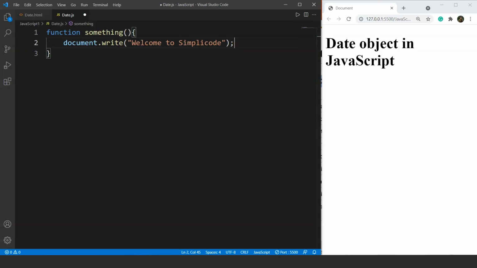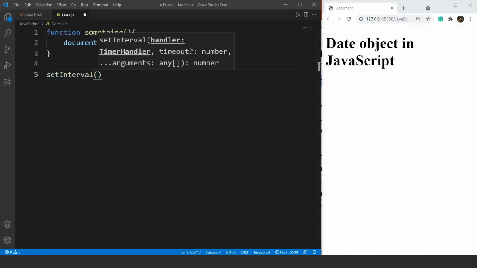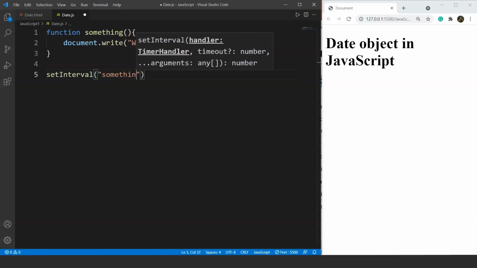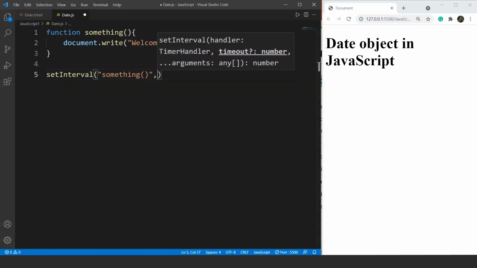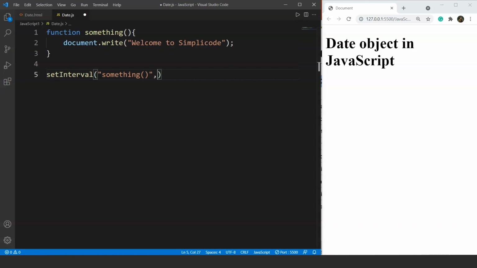If we call this function using the setInterval method, it will print this string on the browser repeatedly. Let's use the setInterval method here. The syntax for using the setInterval method is, we have to write here setInterval, and we have to give two parameters. The first one is the function name. So we'll write here something and we'll call the function. Then after a comma, we have to mention the time here, which is in milliseconds. So 1000 here means 1 second. Let's say we are using 2000 milliseconds. So we'll write here 2000. And this 2000 refers to the 2 seconds of interval between the strings that will be printed again.